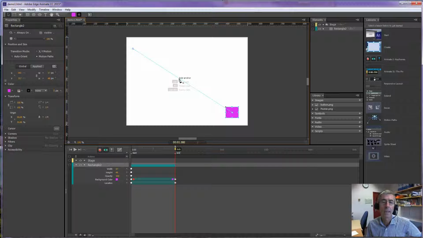as I click, you can see we've got add anchor. But if I press Control, I can drag the path. If I press Alt, I can rotate the path, and if I press Alt and Control, I can scale the path. Okay. So by adding an anchor, this is now giving me the ability to move this point here,